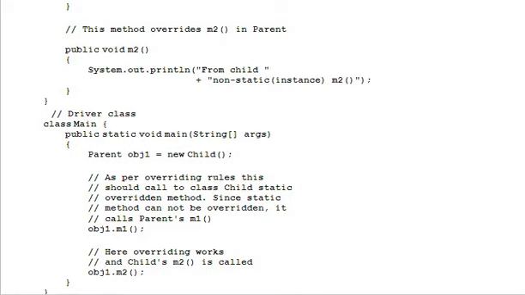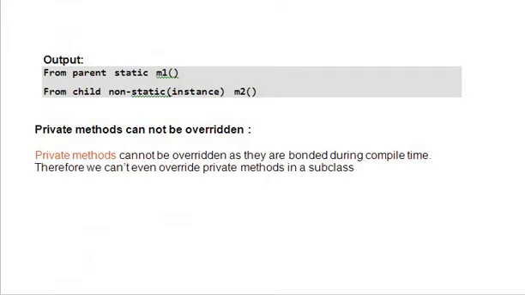And here overriding works with m2, obj1.m2. Look at the object creation clearly: Parent obj1 is equal to new Child. And private methods cannot be overridden as they are bound during compile time itself.